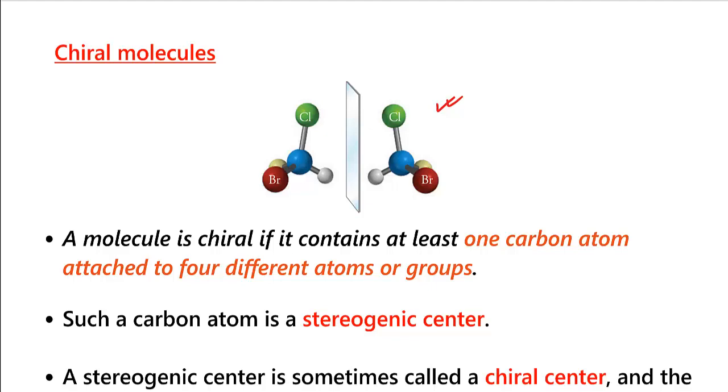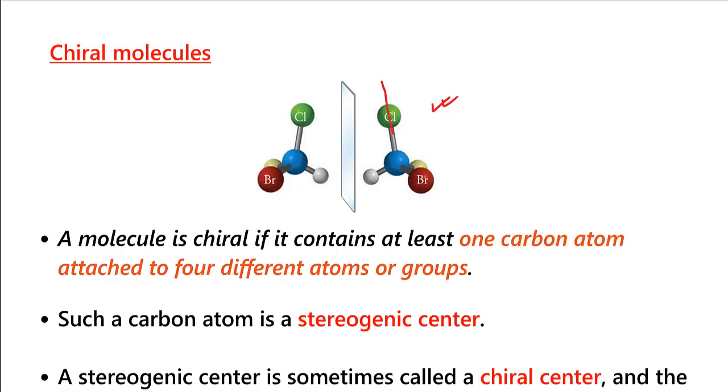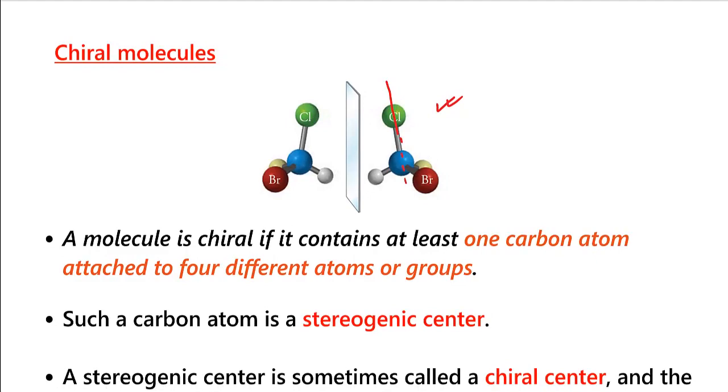What I want to do is find whether these 2 molecules are superimposable or not. This means if I lift one molecule, or rotate one molecule, or place it on the other molecule, will they be the same or will they be different? Try to see this. So what I will do is take this line. So this line I have, and I want to superimpose this molecule over this molecule. So this is here, this is here, and this is here. So I have to rotate this molecule about this line by 180 degrees.